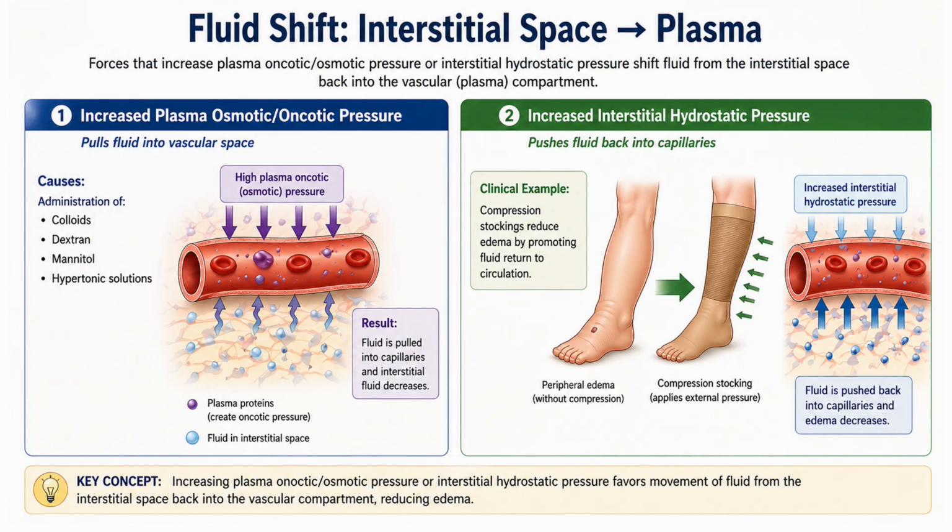Here is the fluid shift where it goes from the interstitial spaces to the plasma space. Increased plasma oncotic pressure relative to interstitial hydrostatic pressure. Fluid can also shift back into the vascular system when plasma osmotic pressure is increased. So when you have a lot of pressure inside the vessels, then it's going to pull the water back in. This will occur when you have substances like albumin, mannitol, or hypertonic solutions that are administered to patients. Another example of that is compression stockings, right?